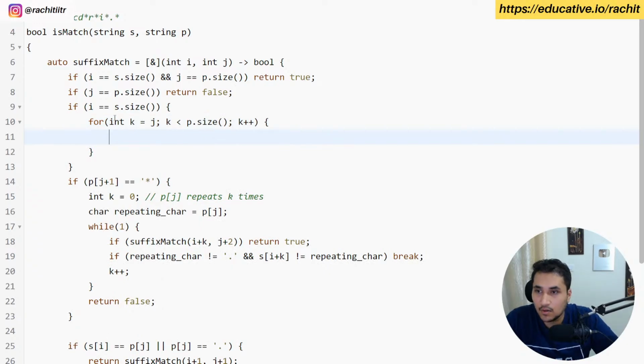Okay, so now the thing will break if p of k is greater than or equal to a, and p of k is less than or equal to z. So basically, it's an alphabet. So if is alpha p of k and is alpha